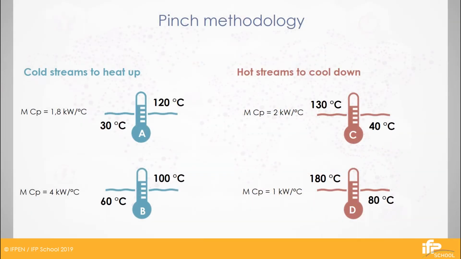Let's now explain this approach developed by Professor Linhoff in the 70s. Let's work on the following example. We have 4 streams, 2 cold ones and 2 hot ones. We must try to combine these flows in order to recover as much energy as possible. To do this, we first calculate each stream's heat quantity using the previous formula, Q equals mCp delta T.